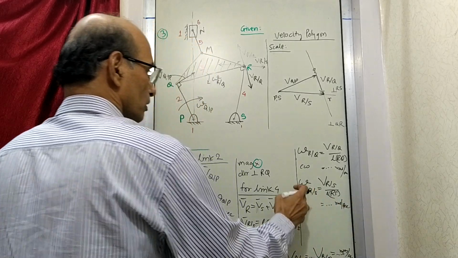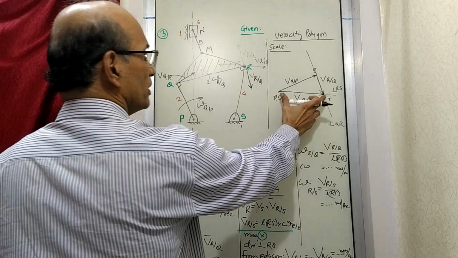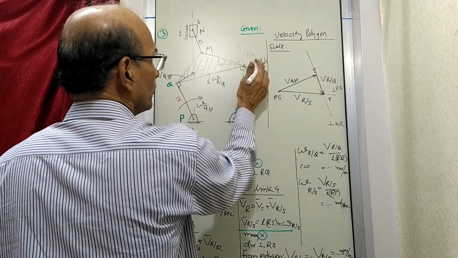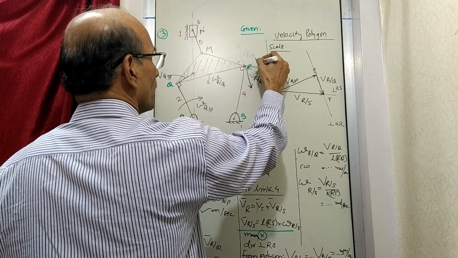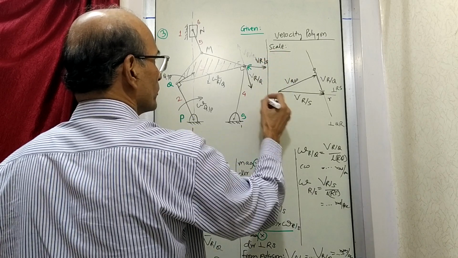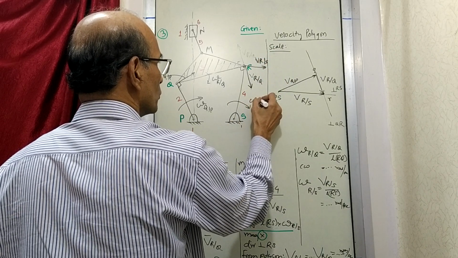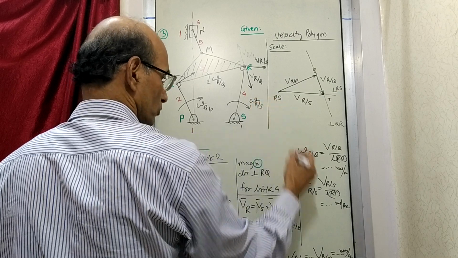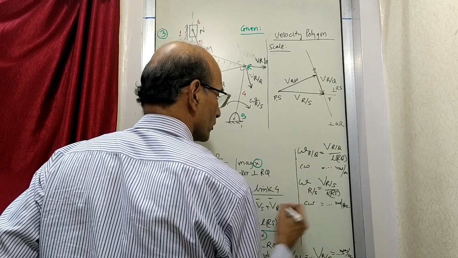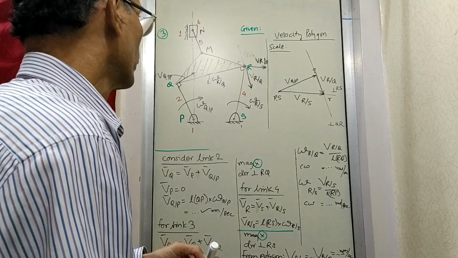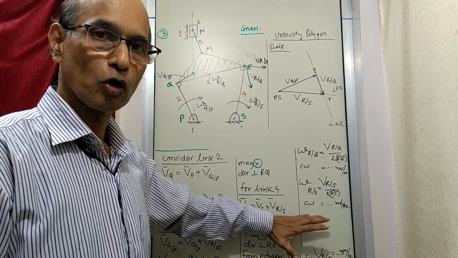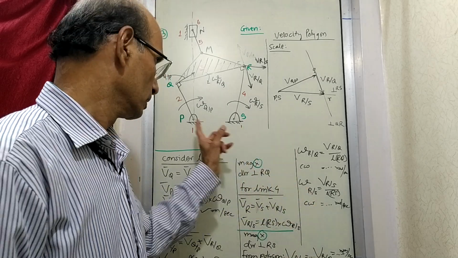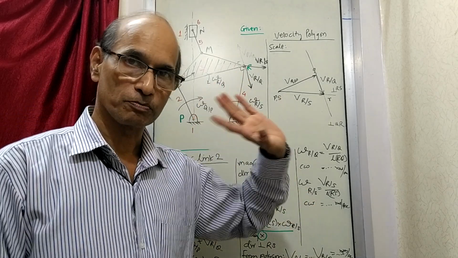And the direction of this vector, this vector we have to show here. So it will be like this. So this is not correct, this is correct. Velocity of r with respect to s, and that shows it is clockwise. So this is clockwise. So we have got this one. In fact, you will see up to this much, the problem is solved, and this is exactly what we have done as first problem.